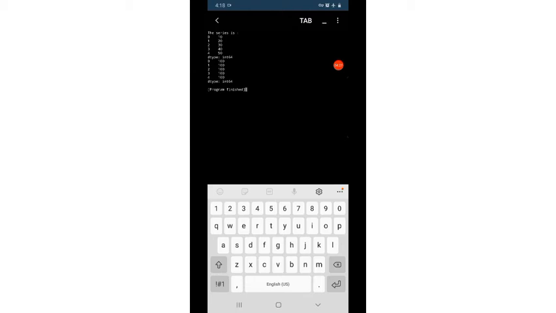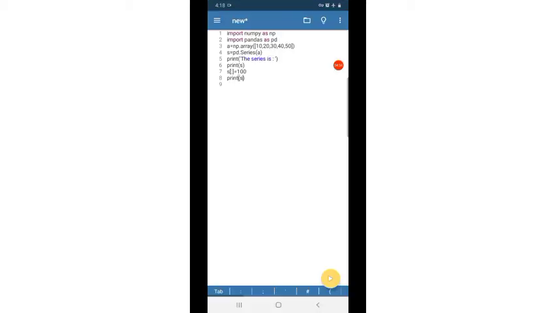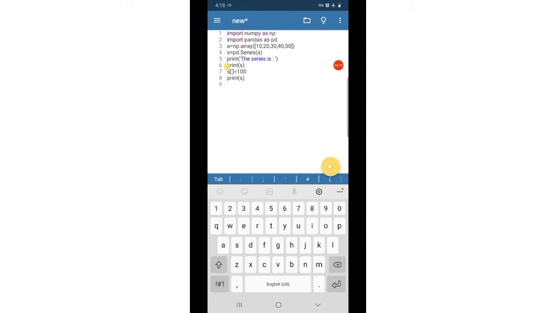Now after replacing, in the new series all values are 100. New series is